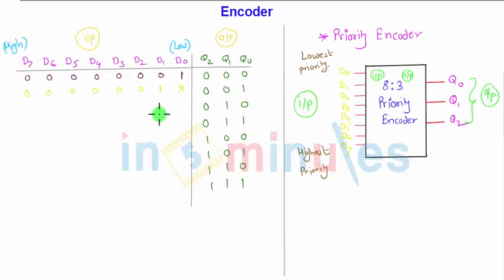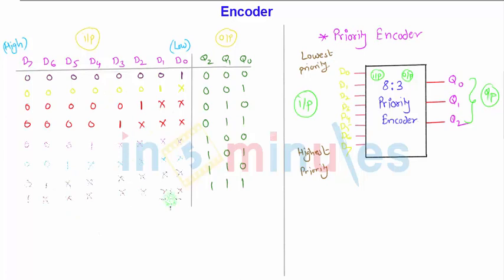The same way we will follow if the D2 bit is present, so we don't care about D1 and D0. All the bits above are 0 here and the code assigned to it will be 010. Similarly, if the D3 data line is present along with D2 or D1 or D0, D3 will be processed first, provided all the previous lines are 0, and the code assigned to it will be 011, which is nothing but the decimal equivalent of the third output position. In such a way I will complete the whole truth table. So this is nothing but the final truth table.